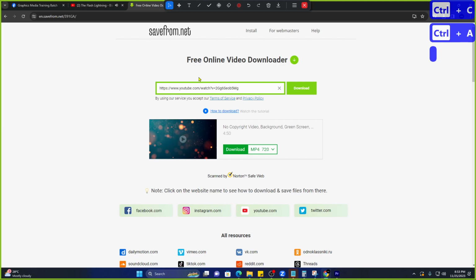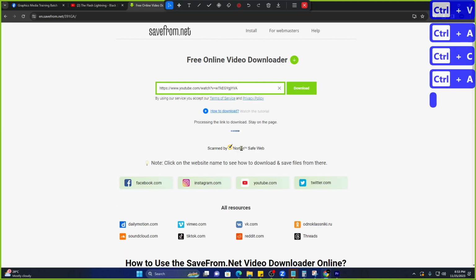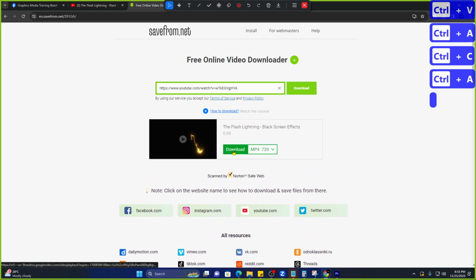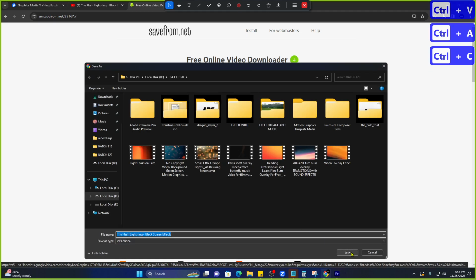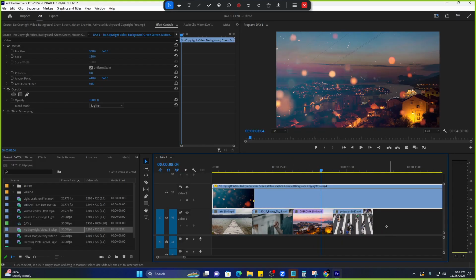Ito pala yung mga lightning effect. Gusto mo mag-create ng mga lightning effect? So if may plano ka maglagay ng mga lightning effect sa mga clips nyo, you can actually find it online. So with the help of position and scale,